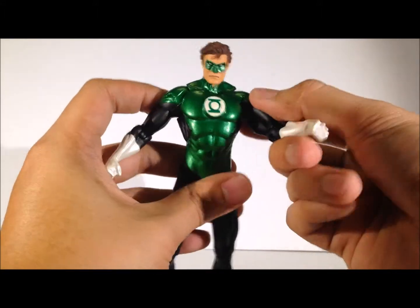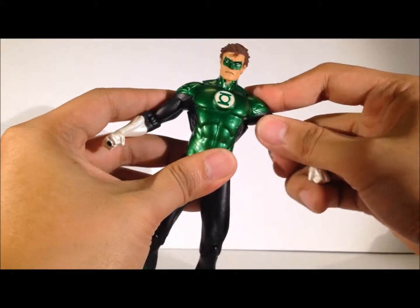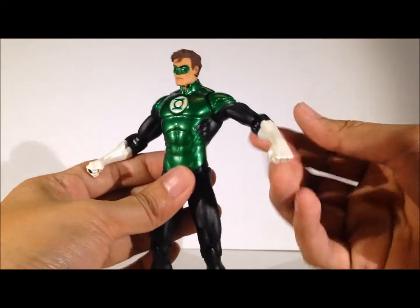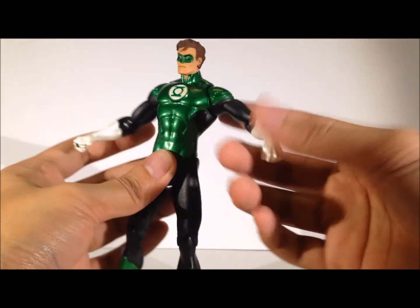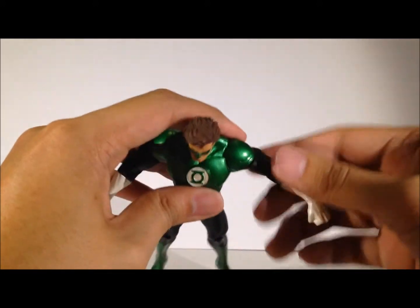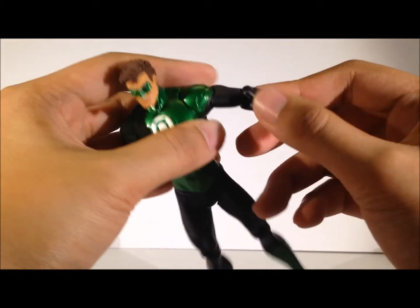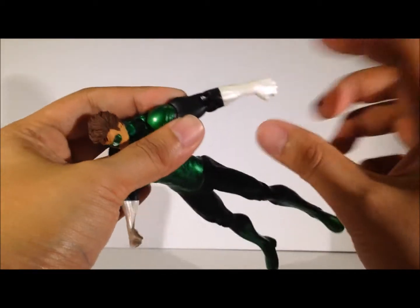There's an articulation on his arm right here. It swivels like so, and it moves out this much. I wouldn't recommend you moving it higher than this, because it might actually snap off his arm, I would say. There is a swivel right here on his bicep, and there is a single joint, a single bend at the